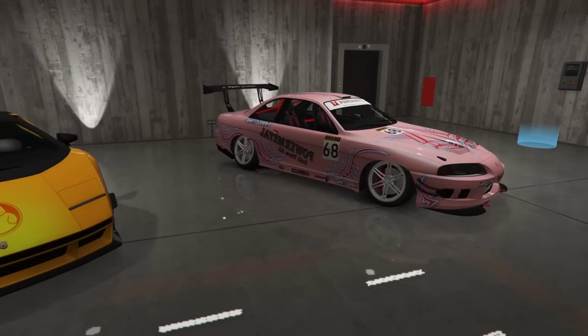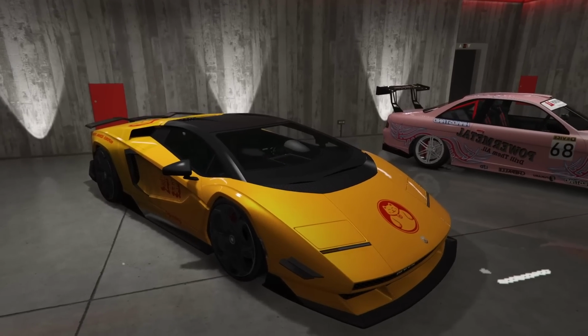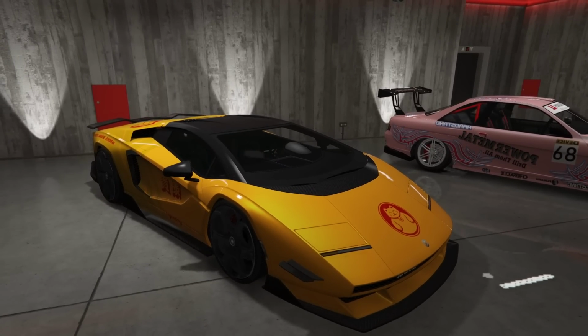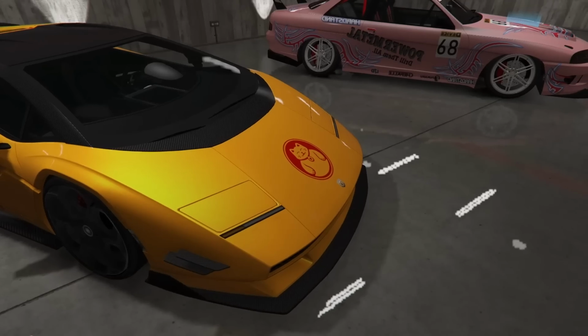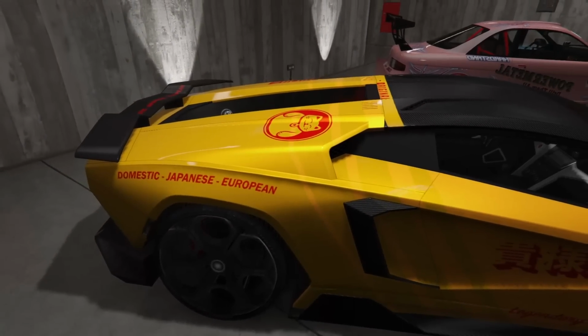Let's go ahead and move to number 2, and this is my Pegassi Torero XO with the Kasama beer livery on it. This is a car that I went out and made into a race car because I was using my normal Torero on the racetrack, but I think that having a dedicated race car with upgrades that are maybe a little more streamlined for racing is better. So for this one, I went with a carbon theme with obviously the orange and then the Kasama beer livery